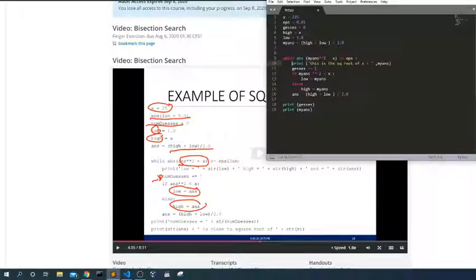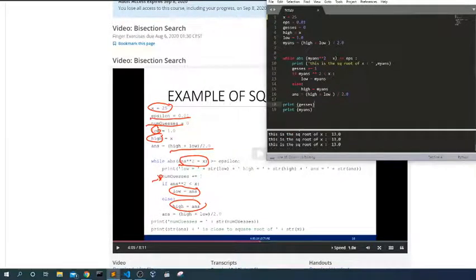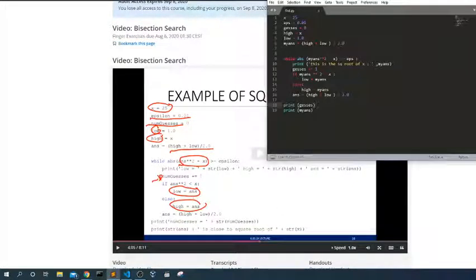Yeah, well, actually, it's 25. I did change the code, but I did not change it a lot.